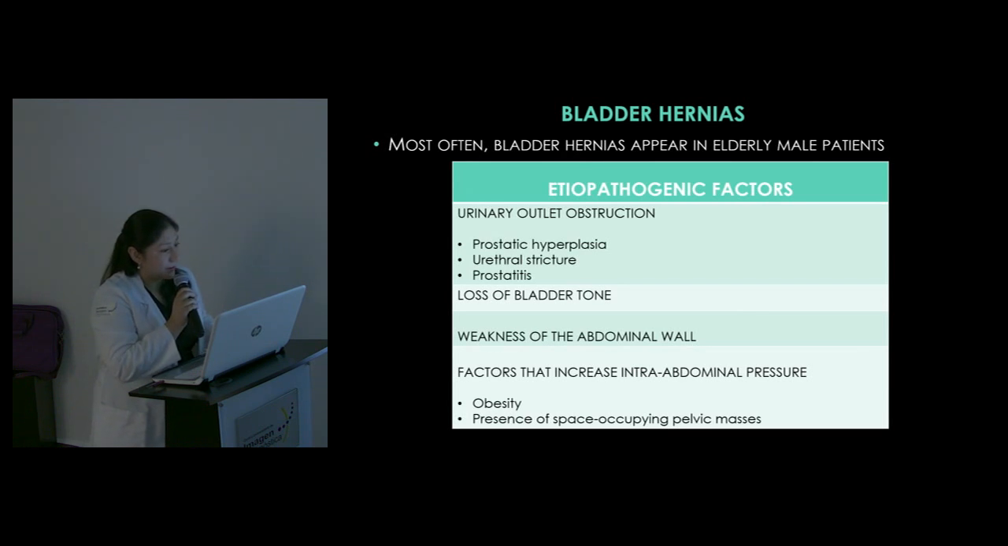Most often, bladder hernias appear in elderly male patients. A variety of factors can contribute to the development of bladder hernias. Some of these factors are urinary outlet obstruction, like prostatic hyperplasia, as we have in this patient, urethral stricture, prostatitis, loss of bladder tone, weakness of the abdominal wall, factors that increase intra-abdominal pressure, like obesity and presence of space-occupying pelvic